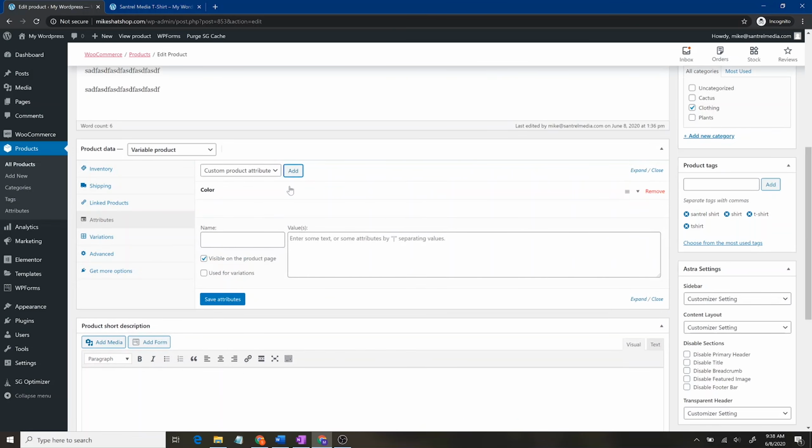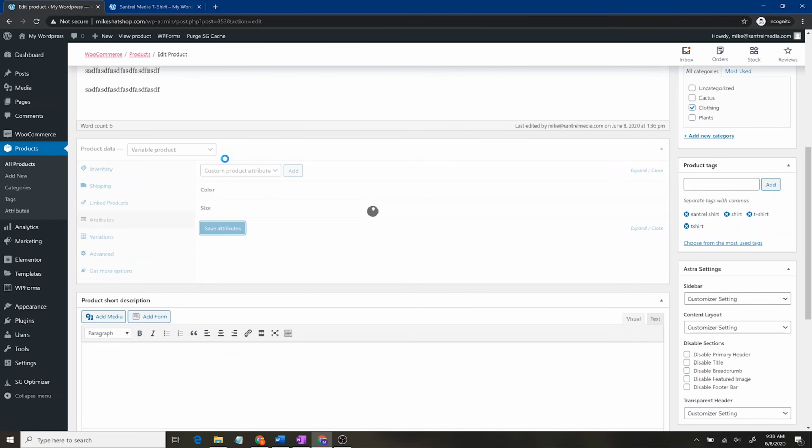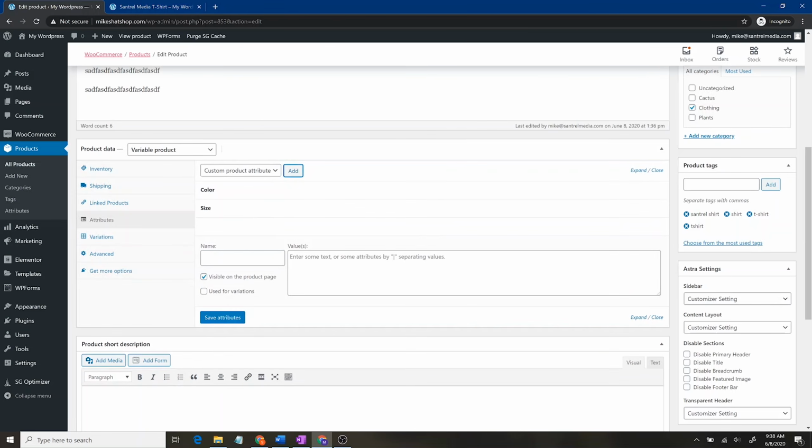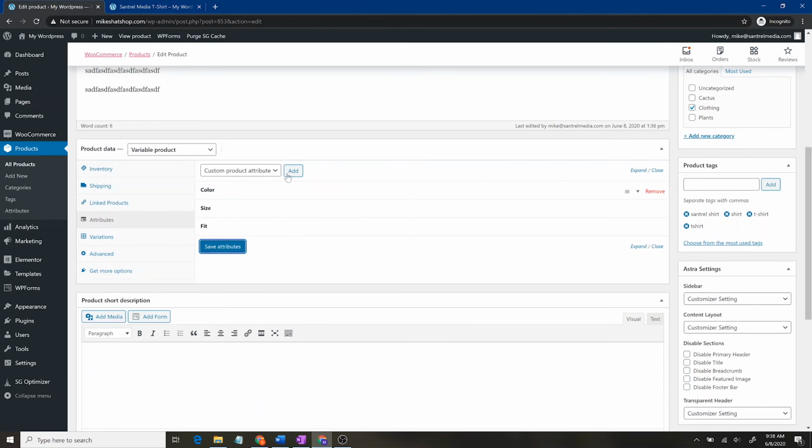So how about one could be size? That's a pretty common one for shirts. So size, and we want to have this as small, separate, and then choose a little separator, and then medium, and then large. So we can save those, and make sure you select used for variations there as well. And then let's add another one, and let's call this one fit. So we get a fit, and this could be slim fit or casual fit. And again, click on used for variations, say save attributes, and we have our attributes right now,